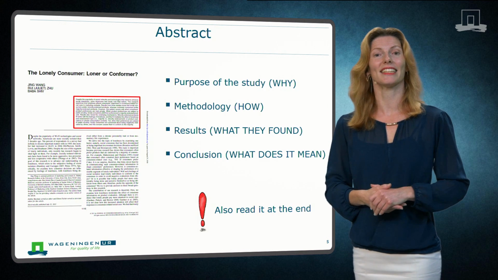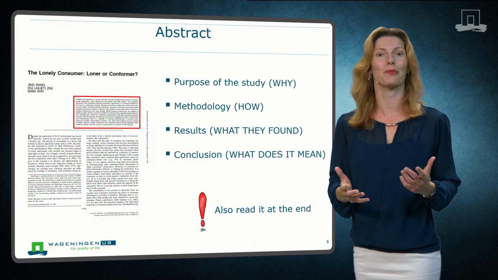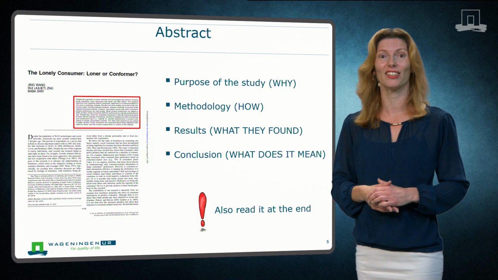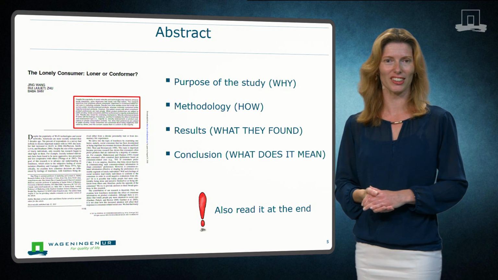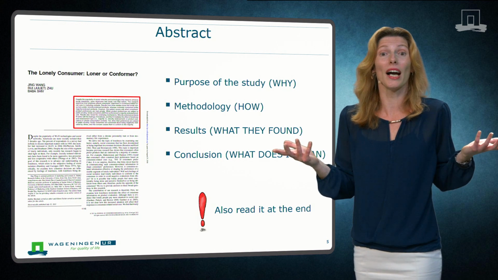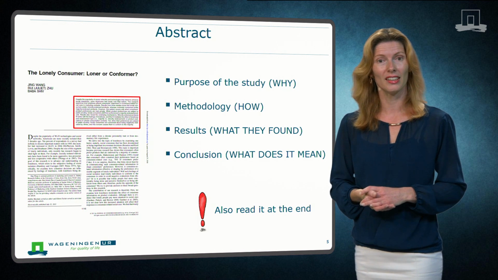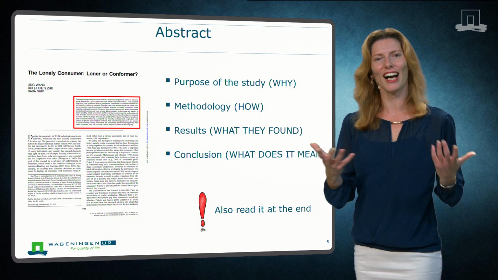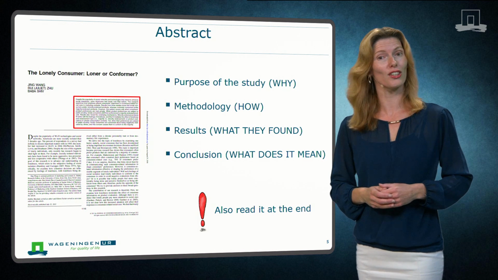The abstract is a dense summary of the whole article. A good abstract presents the purpose or rationale of the study and explains why the authors conducted the research. It just tells you what the problem is and why it is important enough for the authors to try to solve it. The abstract also presents how the authors studied the problem, what they found, and what conclusions they drew